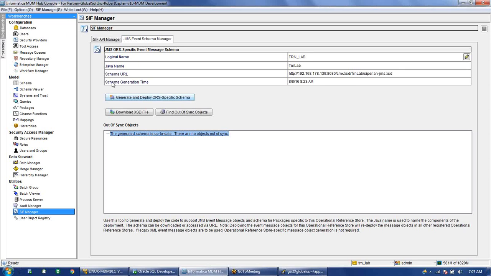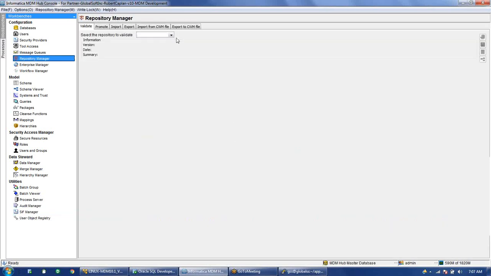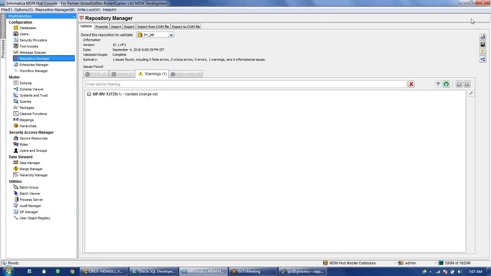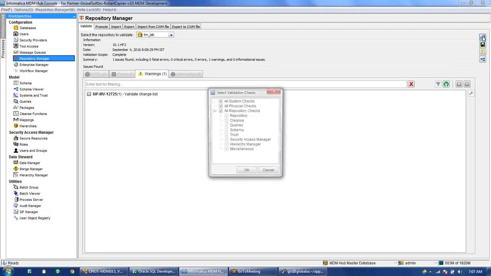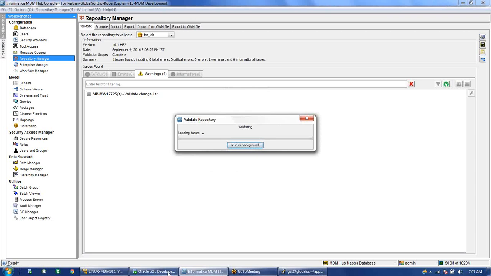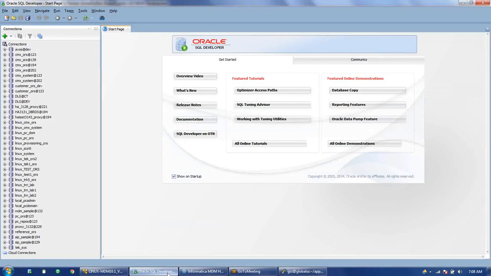So we'll just revalidate the ORS and then we'll go and try to make some changes to a particular record. In the meantime, I will just open SQL Developer. Basically there are two tables which are used for message queues.